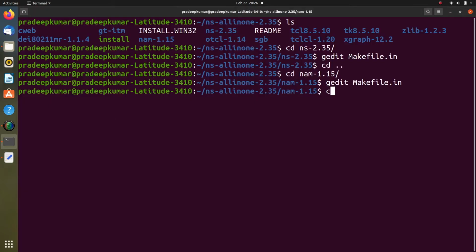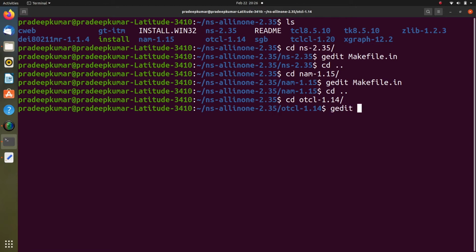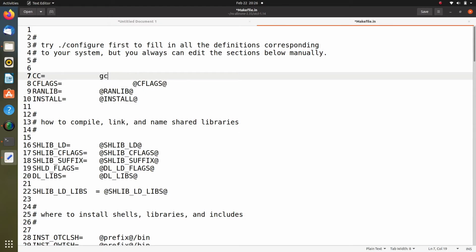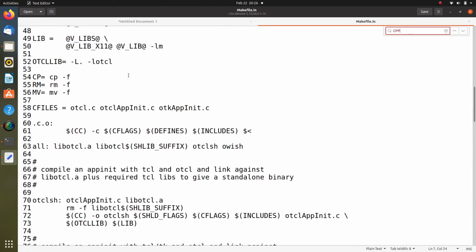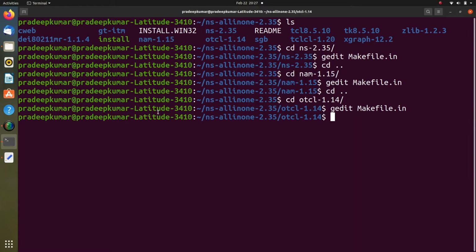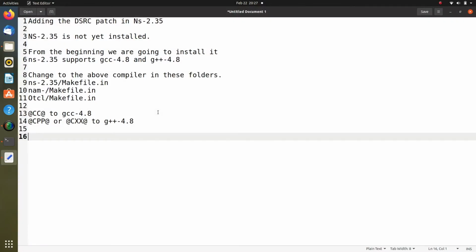So close it. Then we have OTCL. So in the OTCL again gedit makefile.in. So here somewhere around line number 7 we have to change it to gcc-4.8. So here in this there is no CPP or CXX, so we'll leave it. So change it. So change is done. So then one more change is